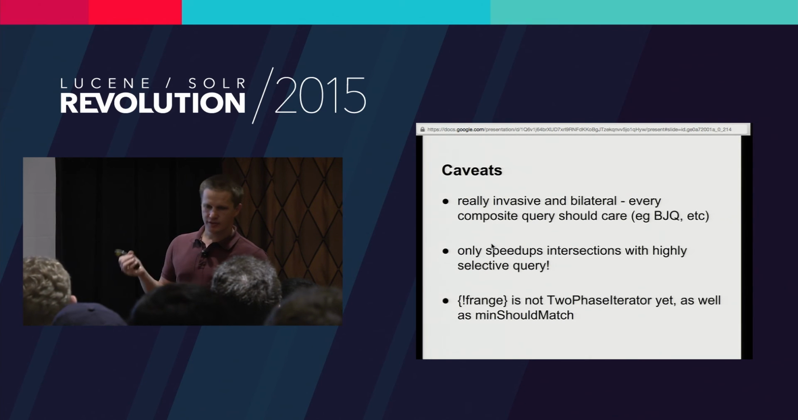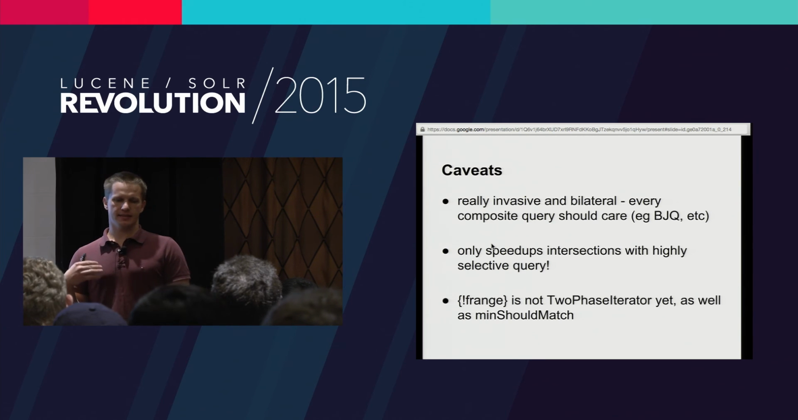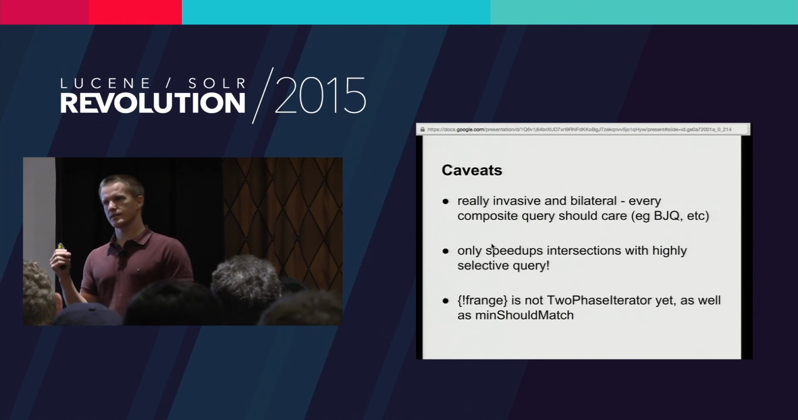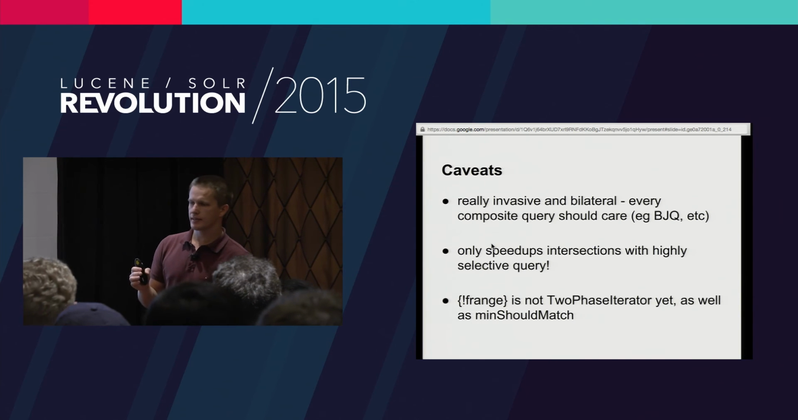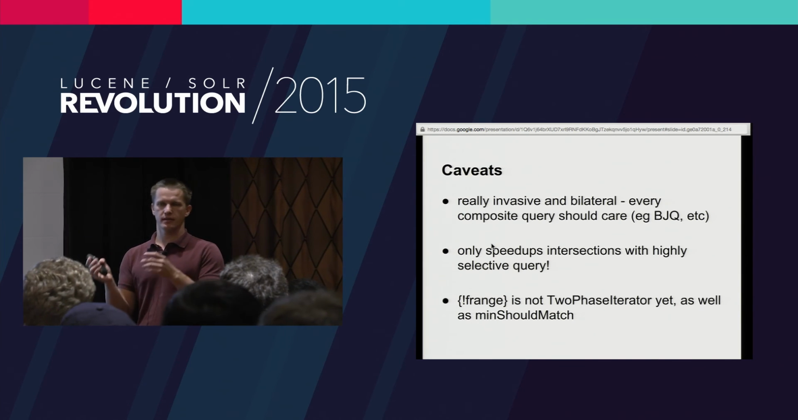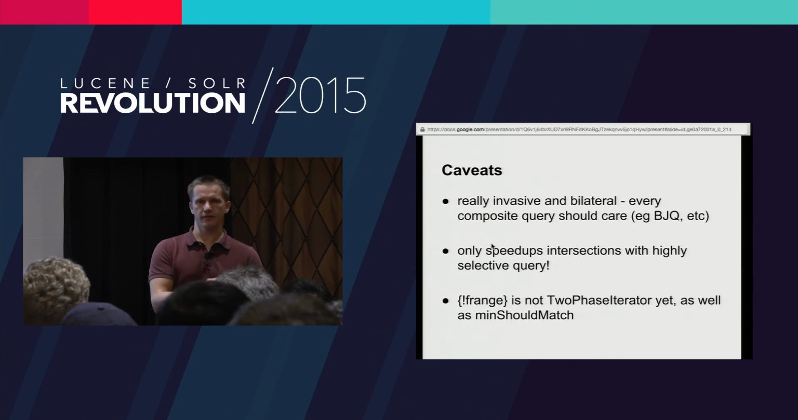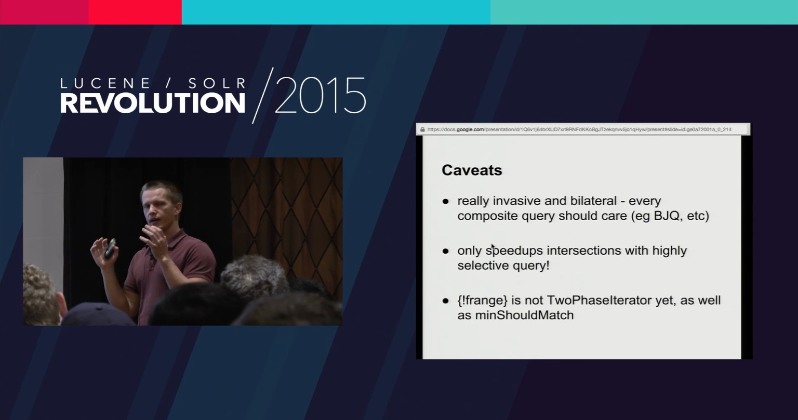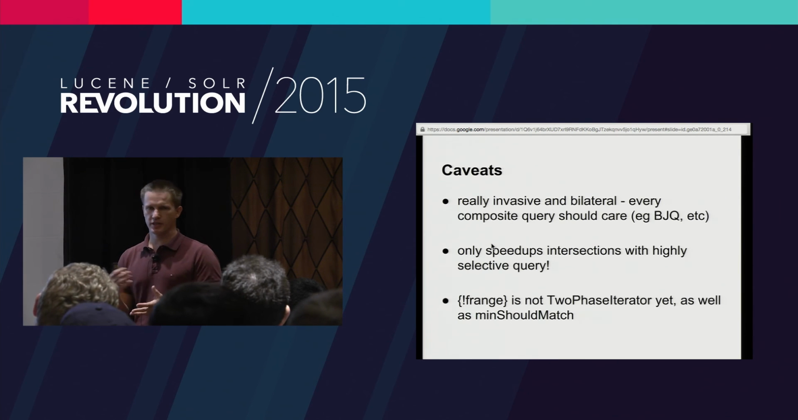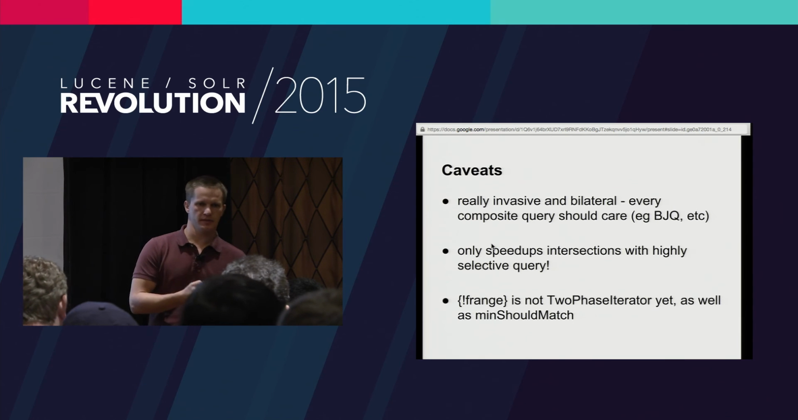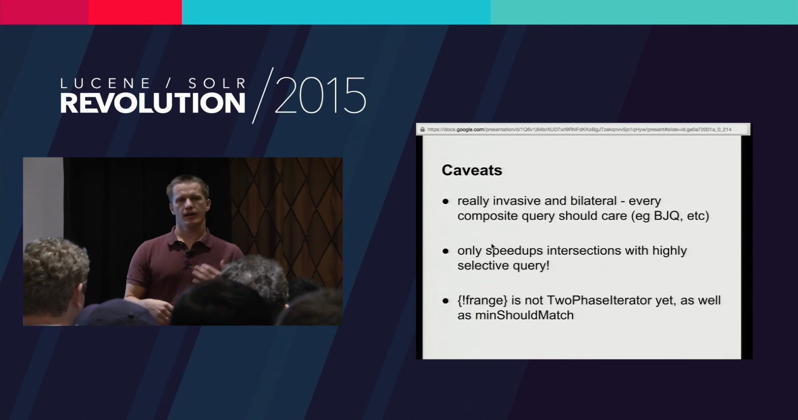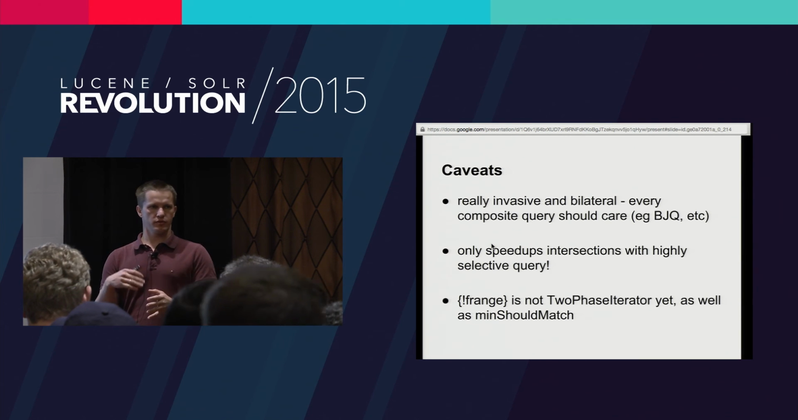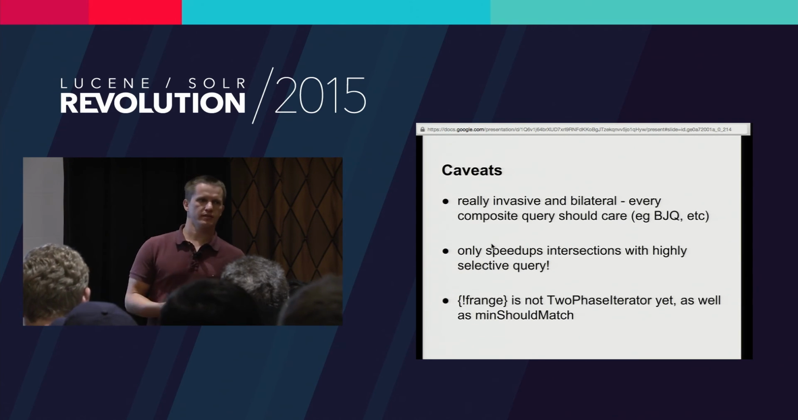And don't consider two-phase iteration as a silver bullet. It optimizes intersection only in this certain case, when you intersect a heavy query with a highly selective query, for example with a category filter, or, for example, you have a heavy spatial query and you intersect it with a highly selective keyword query and something like that. But if the heavy query is the only query which you can search on, then two-phase iterator doesn't help you